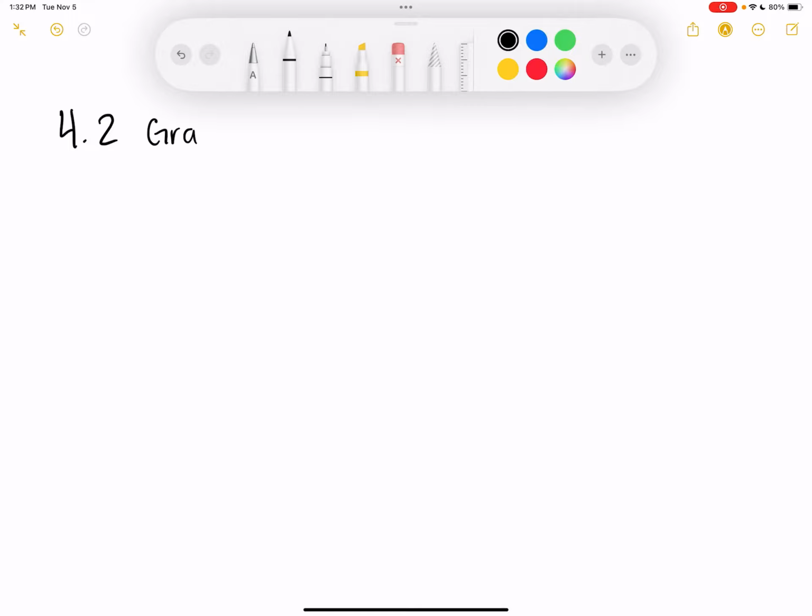Graph linear equations. If you have graph paper, you may want it. You don't have to have it, but